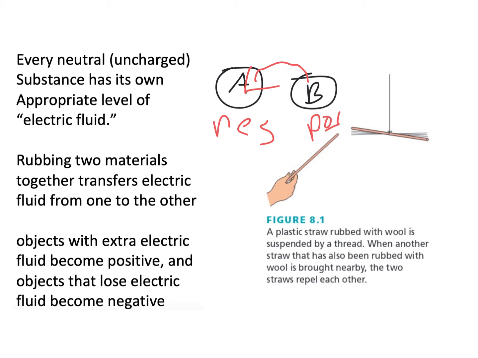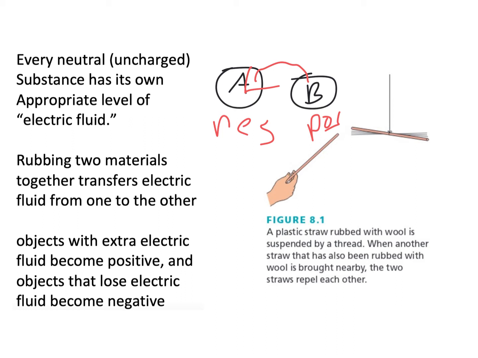A neutral atom has as many electrons as it has protons, so the charge is balanced. But once you start moving electrons from one atom to another, you create an imbalance of charge. One object will be positive because it's lost electrons, and the other object will be negative because it's gained electrons. Franklin is actually the one who came up with the names positive and negative to describe the different kinds of charge. So that kind of naming goes way back to Franklin's day.